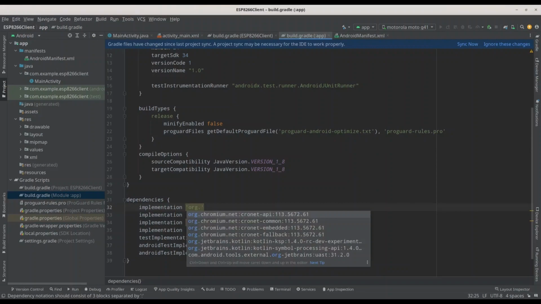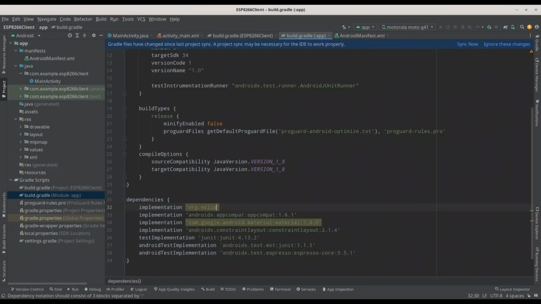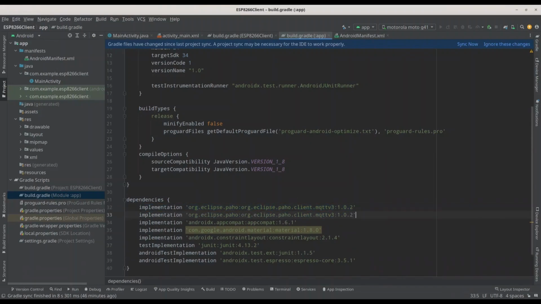So type org.eclipse.paho:org.eclipse.paho.client.mqttv3:1.0.2, and now I'm going to copy this entire line, and now just change these last two elements, android and